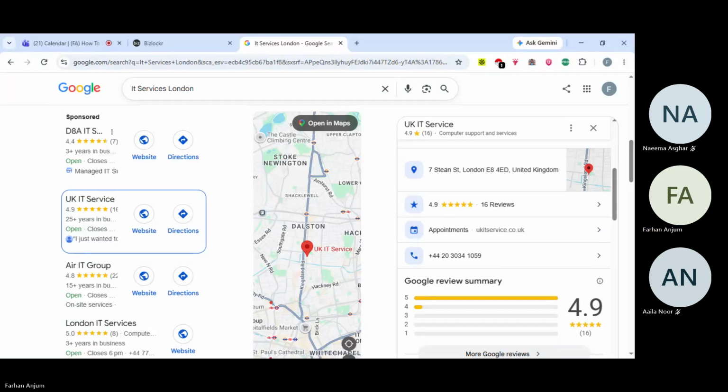Now remember, if there's a company out there situated near you, like you are living in London, and you want to get a list of those companies that are operational within London and providing IT services, like they need to be from the IT industry, this is the way that you are going to get the complete detail and complete access to these companies. You would definitely get their website and their phone number, and you can see that it's going to be a huge number as well.